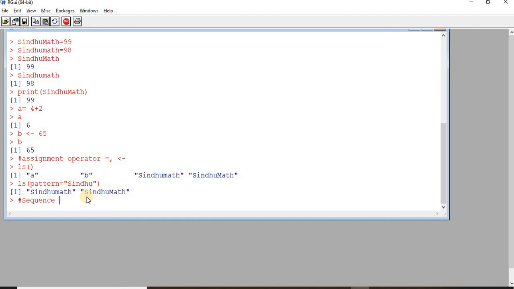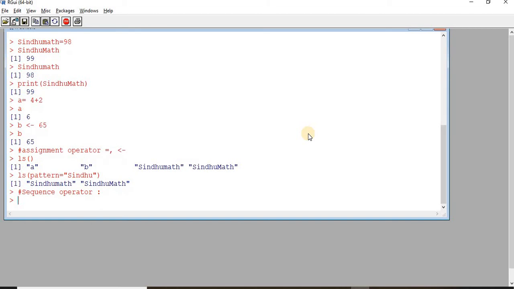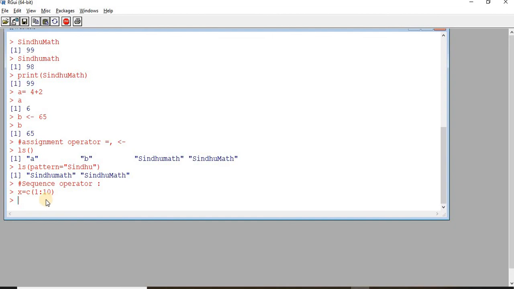Now we have something called the sequence operator, which is colon. Say for example x is equal to 1 colon 10. Here is the use of the sequence operator.